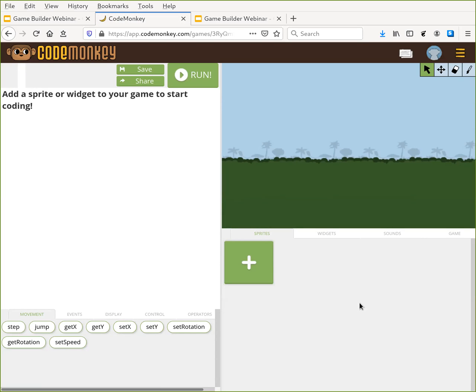But from this default game, we're going to go ahead and make some changes. The default game is kind of designed to be like a platformer game, like Super Mario. You can kind of see the background here. It looks like something you might see in that kind of game, and we want to change it to be something more like PacMan.